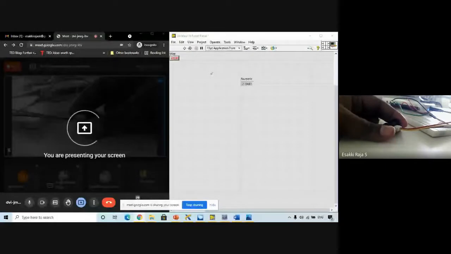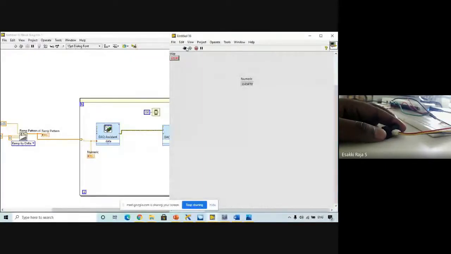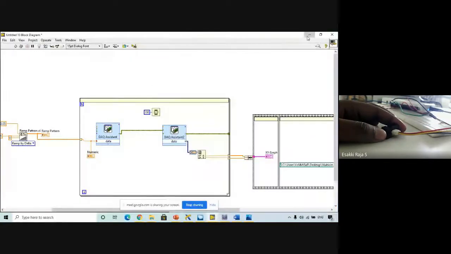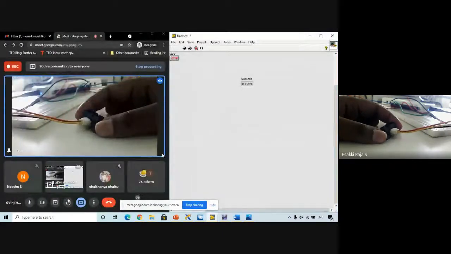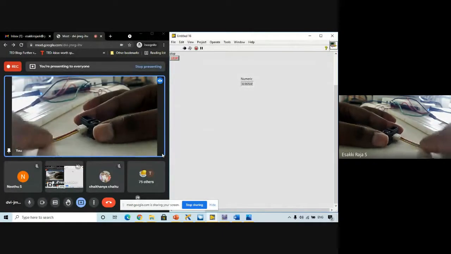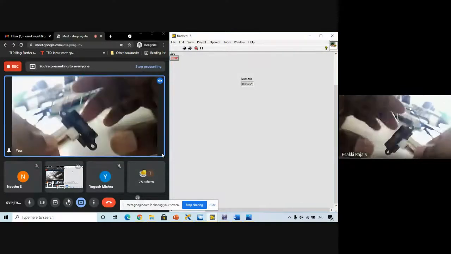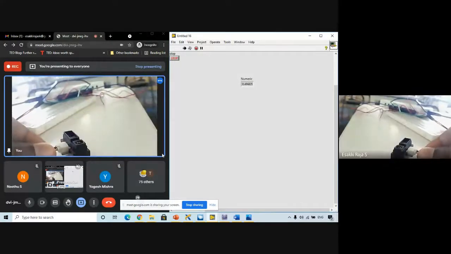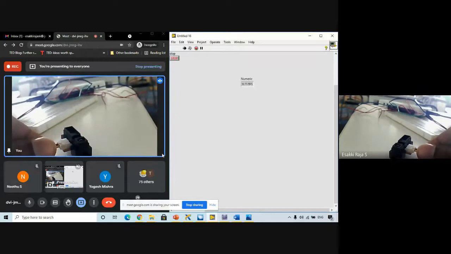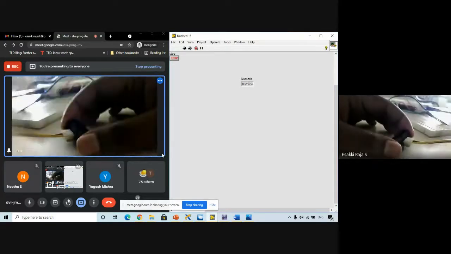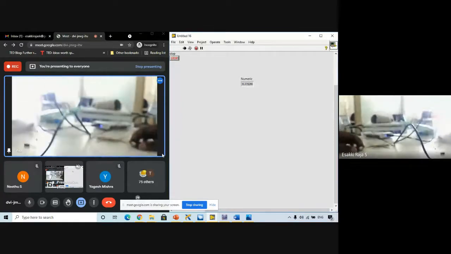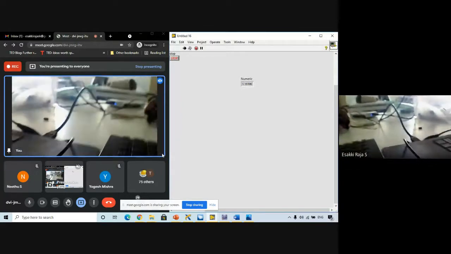Let me place it like this. Now there is no obstacle. My sensor is just facing the roof. I'm just trying to bring my hand, but it is not coming inside the frame, right? I'll keep it a little far.